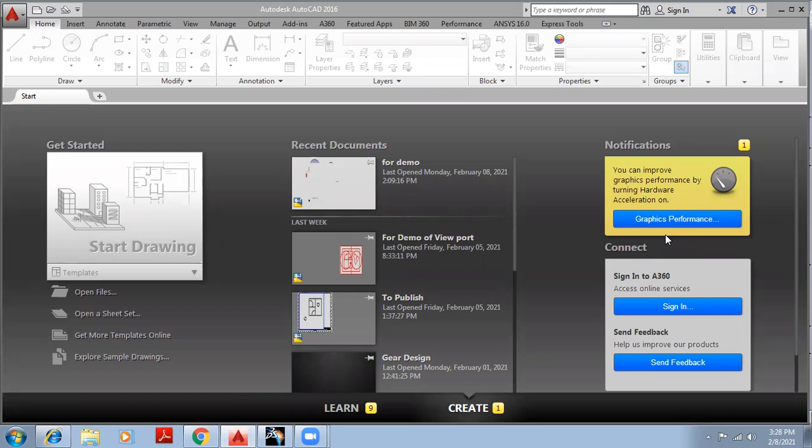Might be the location of their assembly is shown by using some arrows. Might be the name of an individual part is written on the side of a part, by showing it with an arrow. Likewise, the assembly drawing will be there.